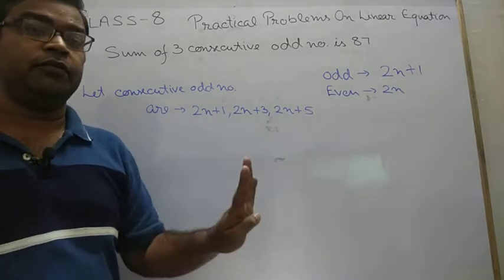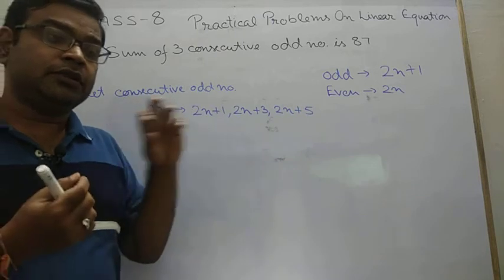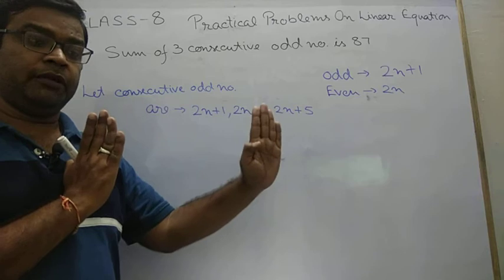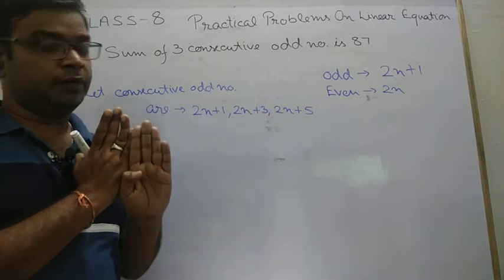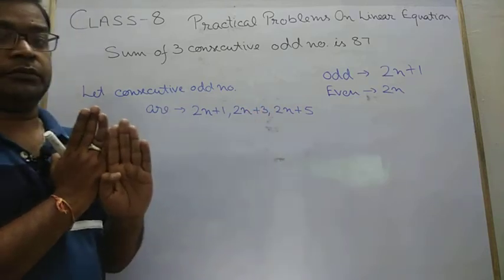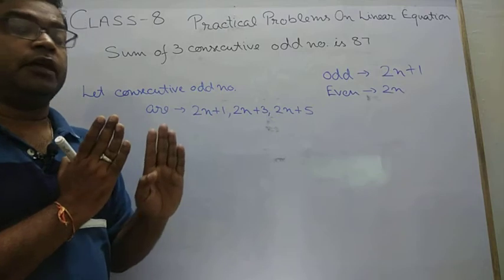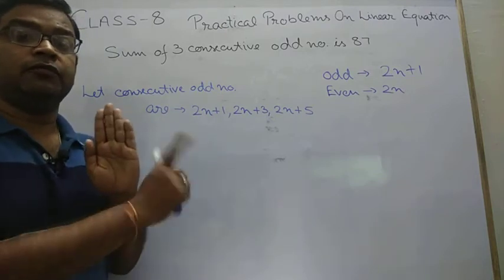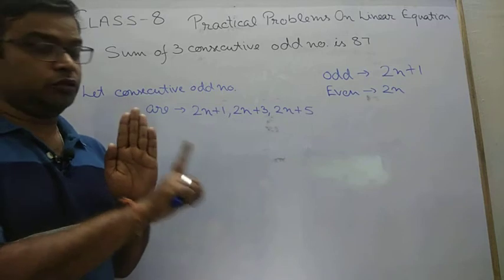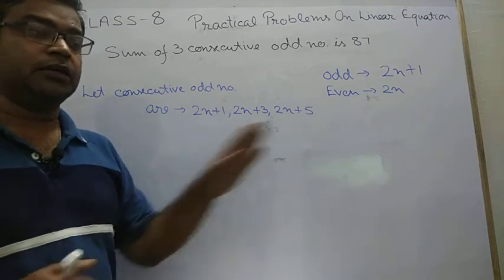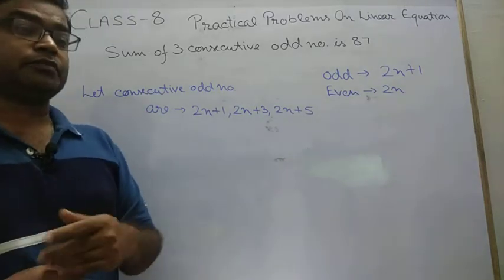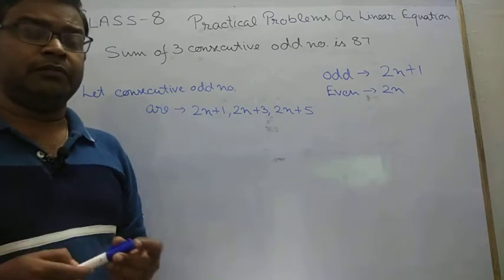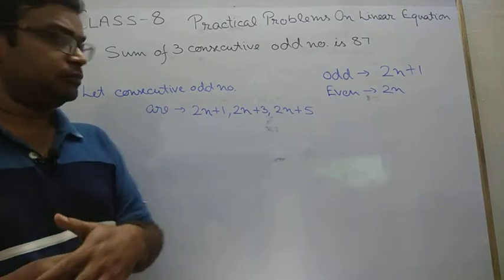Suppose we are adding 3 to 4. 4 is an even number, 3 is an odd number. When we add both, 4 plus 3, we get 7. That is an odd number. Similarly, if we add 6 and 1, 1 is odd, so 6 plus 1 is 7. Sometimes it is said that 1 is neither odd nor even, but actually 1 is an odd number.